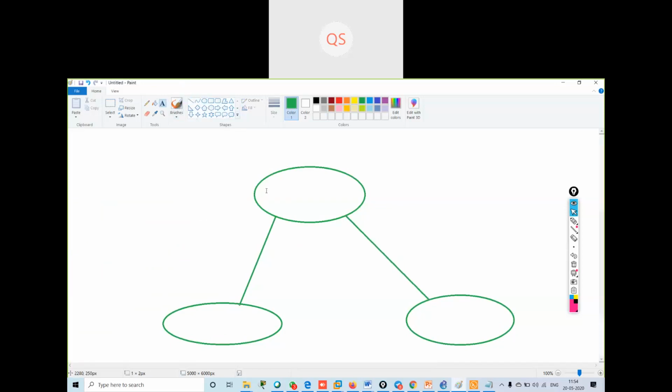This is my AS, and I have multiple routers inside it that are connected to each other and running BGP. This is my ISP1 and ISP2.